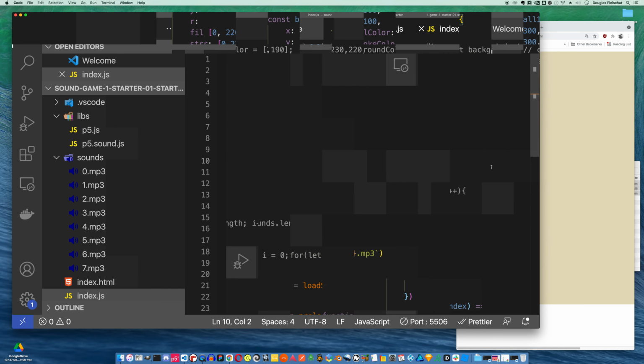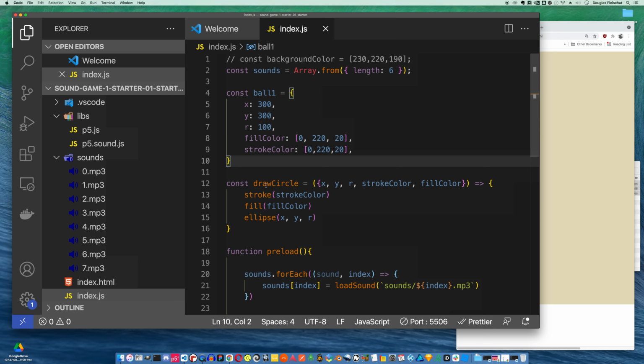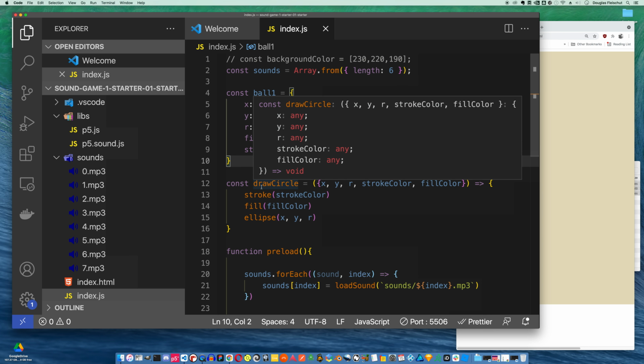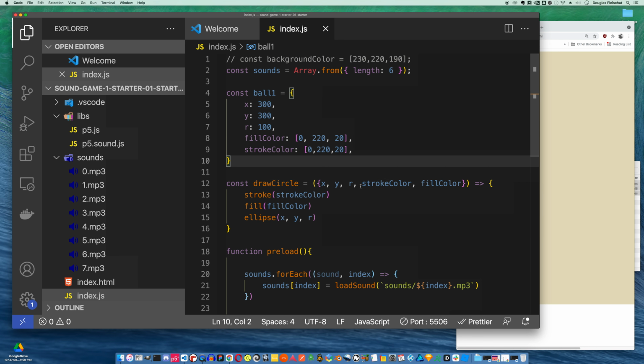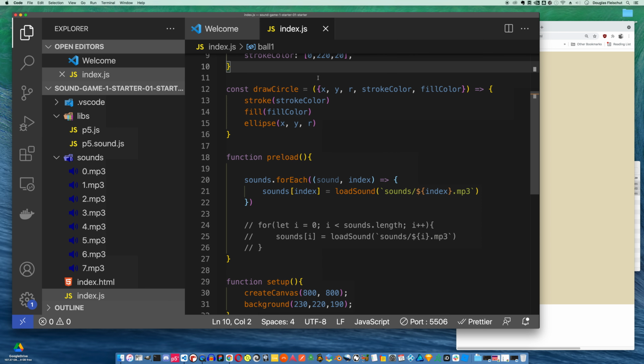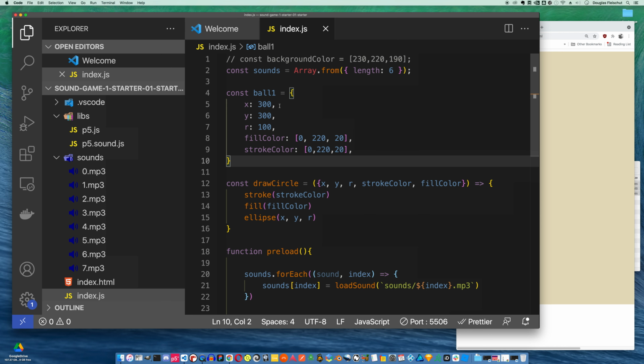Let's go ahead and make this bigger so we can see the whole thing. I wrote this function draw circle, and I now need to call it. And I need to call it with these values. It expects to get these values, and it expects to see them in an object. It's going to pull off the X and the Y and the R and the stroke color and the fill color off of my ball 1 object. So I'm going to do that. I'm going to say draw